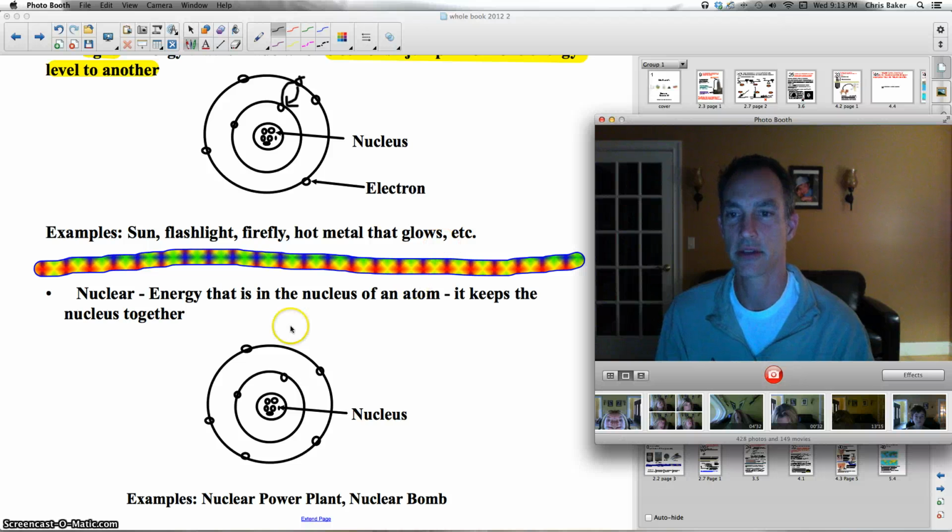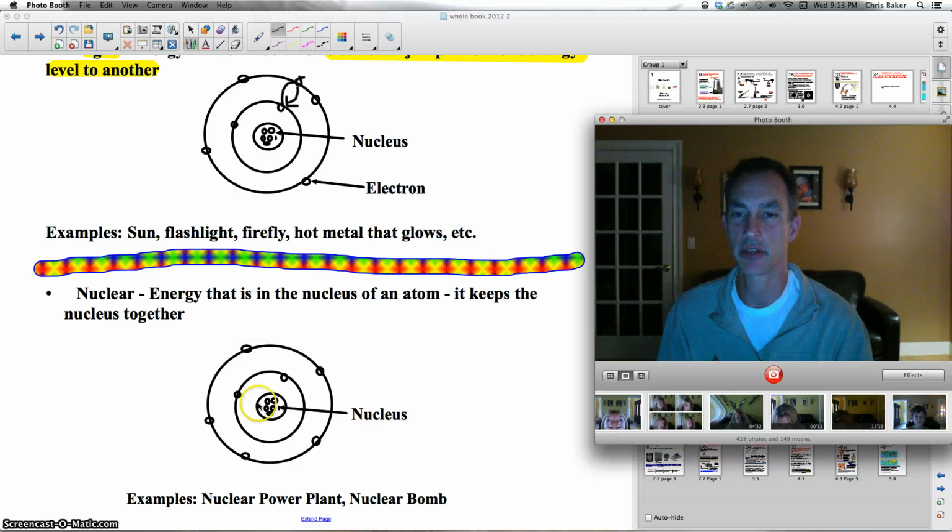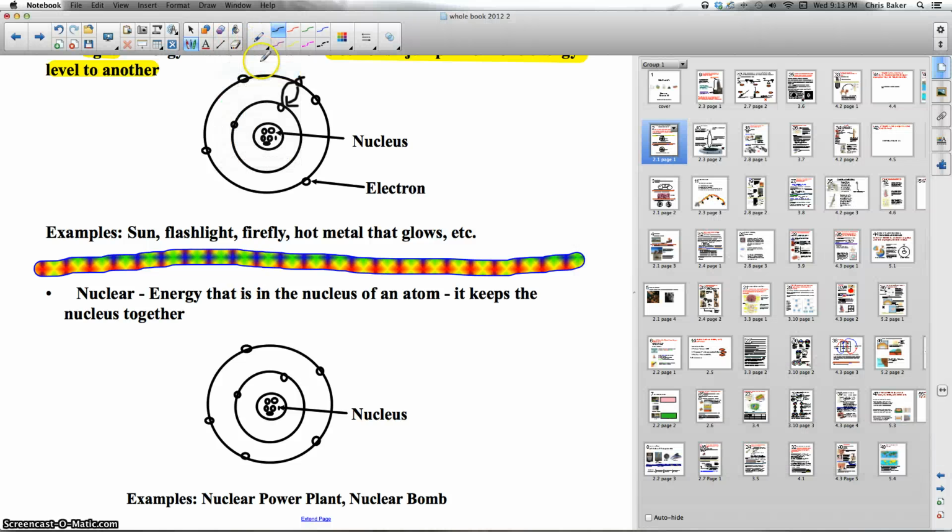Moving down to nuclear energy. I can't remember, I don't believe I went over nuclear energy with you guys, but I want to make sure that I do. Nuclear energy is energy in the nucleus of the atom. I'm going to disappear again because every time I do this I'm going to disappear. It's energy in the nucleus of the atom, and it keeps the nucleus together. There's forces that keep this nucleus together. You see, the nucleus is made of protons and neutrons, and the protons